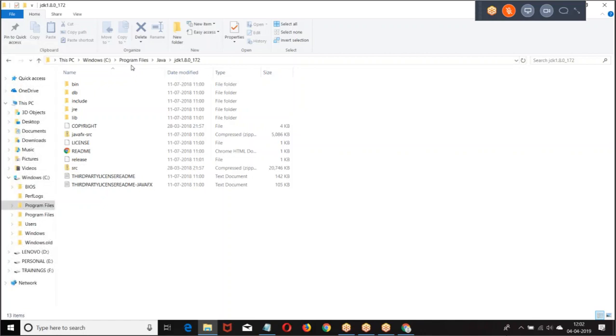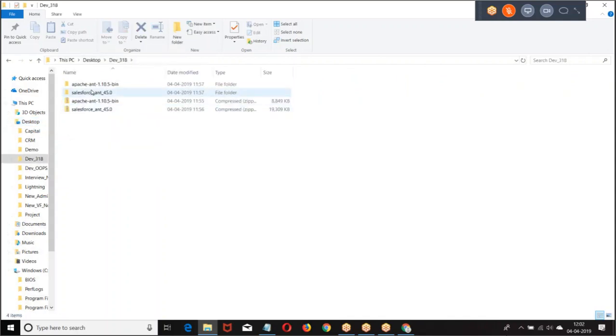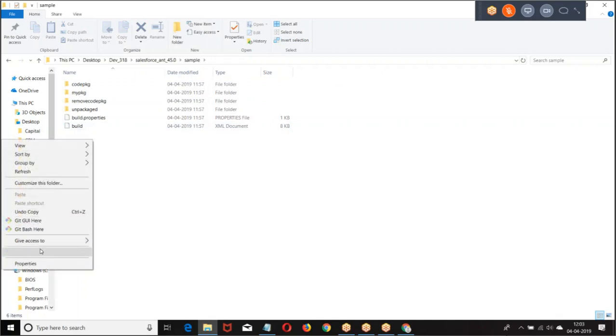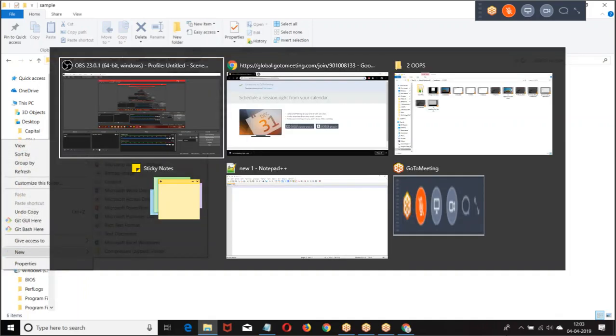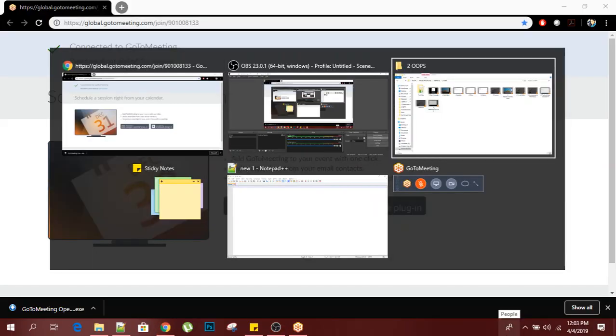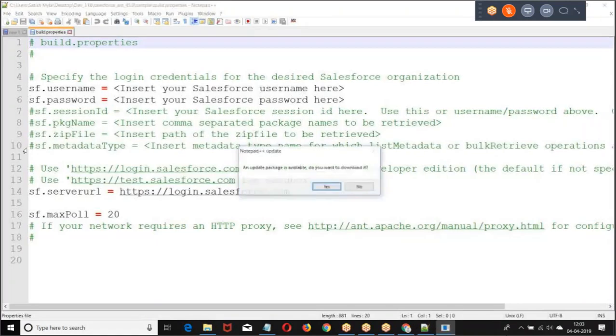Once you are done with this, we need to understand three files. One is build.properties. What is this build.properties? This file will contain